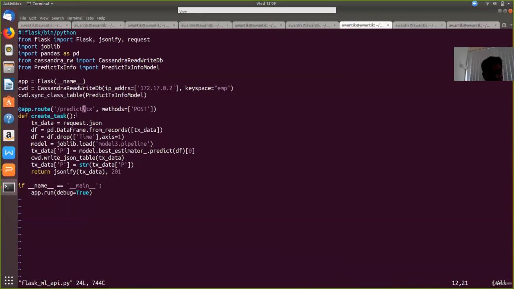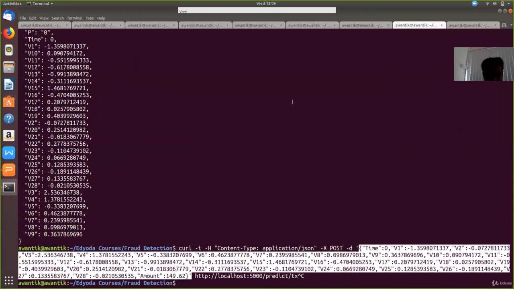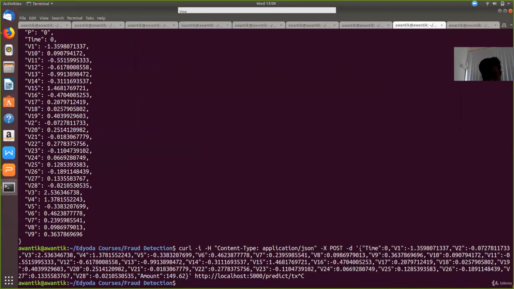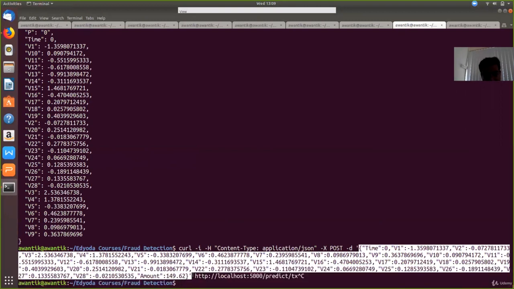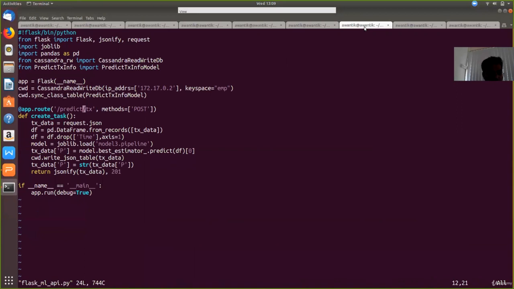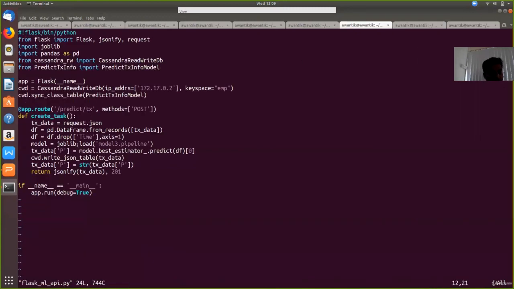Here we will try to test this using curl. This is the utility to test it. I'll have this message pasted in the wiki section. We can test it with curl, with the content type, and you are sending the URL. It is equivalent to sending a message through a form. So what is happening over here? You're getting the message inside request.json, the entire content you are sending from here. This is one row of the data from here to here. Remember, you have to get rid of the time column.